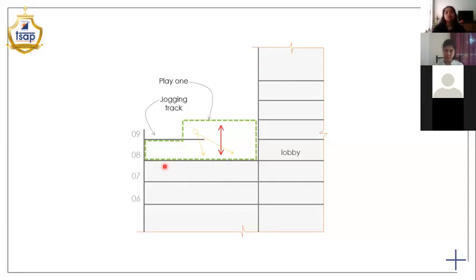One of the main design intents was to create a connection. Because your play area, which is dedicated to children, is across 2 different floors, connection was an important part. So that's how we started.